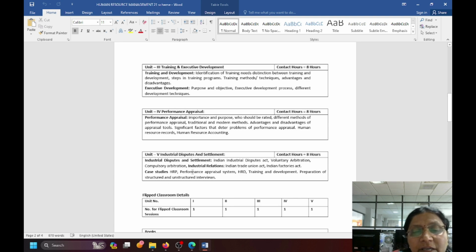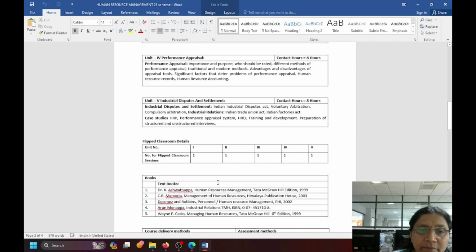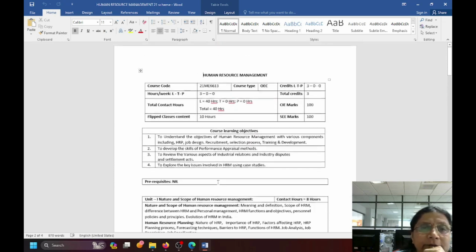And along with that, case studies on whatever units you have already learned, that is units 1, 2, 3, 4. We are going to go through the various case studies that are available on HRP, performance appraisal system, HRD, training and development, preparation, structured and unstructured interviews. On various case studies we are going to discuss. So this is about the syllabus for the human resource management subject